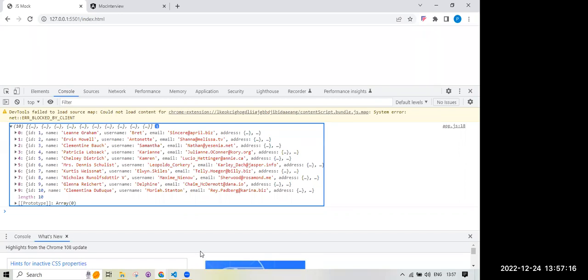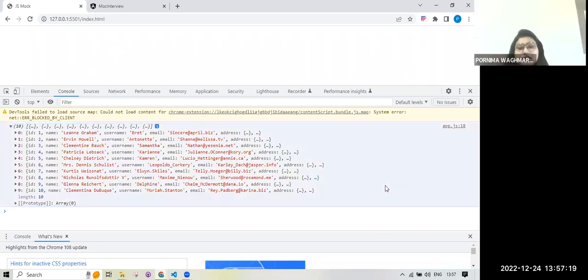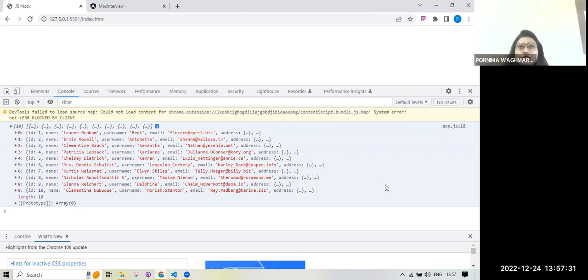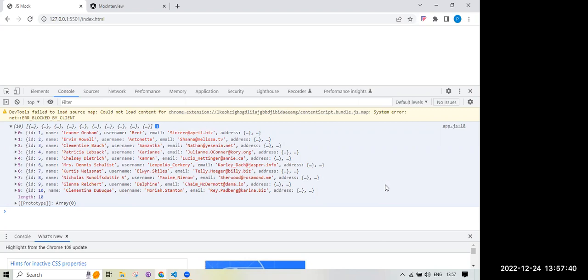I think it looks like an array. Yes, it looks like an array with particular types. If we want the first value in the array to be a number and the second value to be a string, at that time we define the types in that tuple.